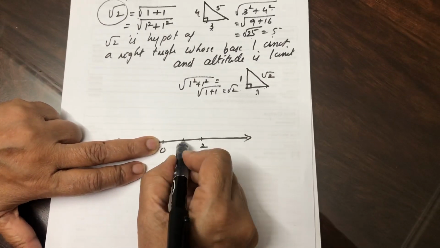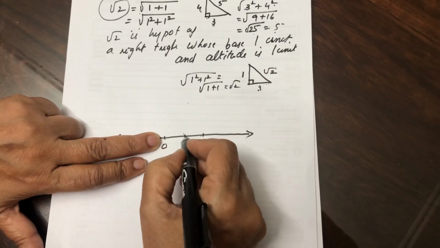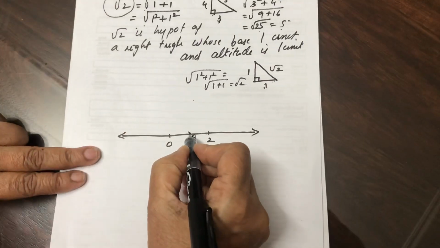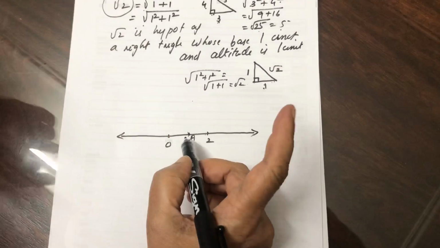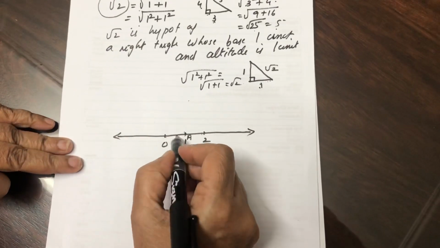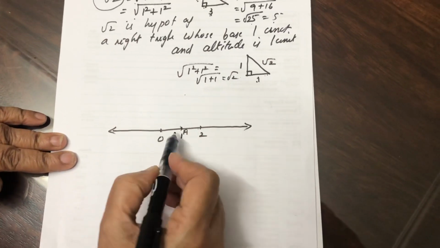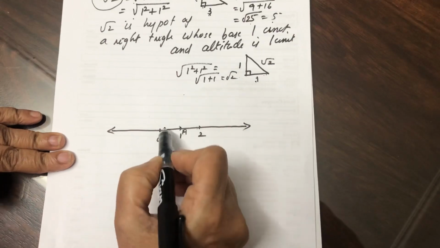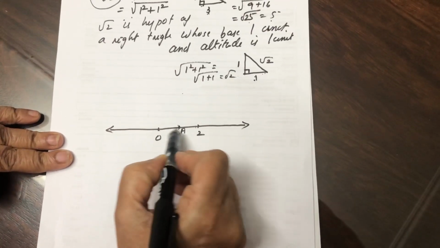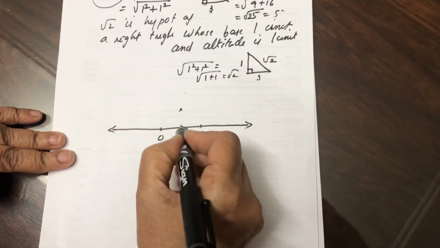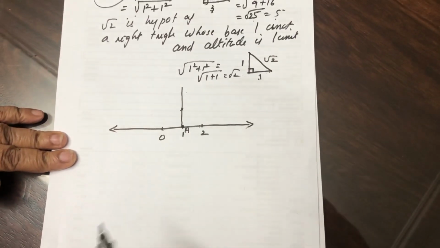I am going to draw a perpendicular at this point. Suppose this point I have taken as A. So at A I am going to draw the perpendicular. You know two ways of making a perpendicular. One is you can keep your protractor here. Protractor means 0 should be at A and the 0 180 line should be on this line. Then that 90 degree will come here like this. Then you draw the line like this.